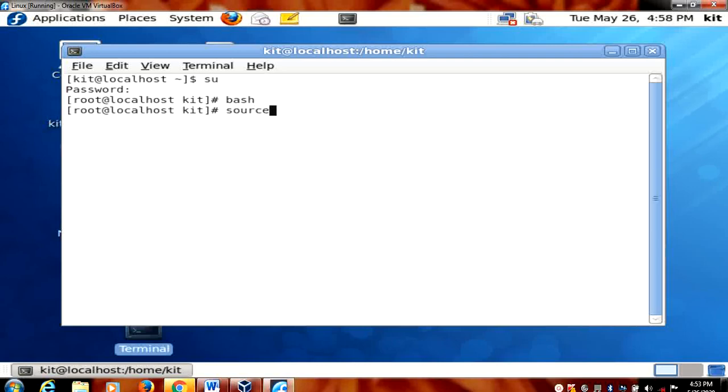Type source, space, /usr/local/nctuns/etc/nctuns.bash.